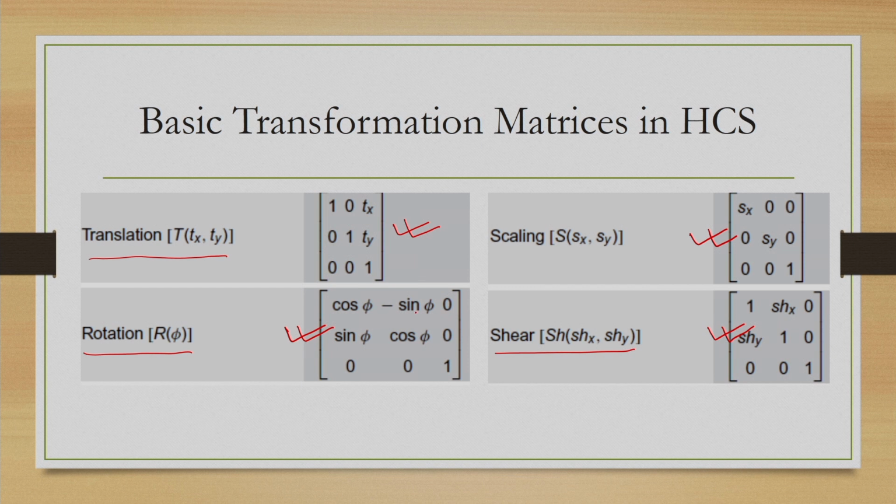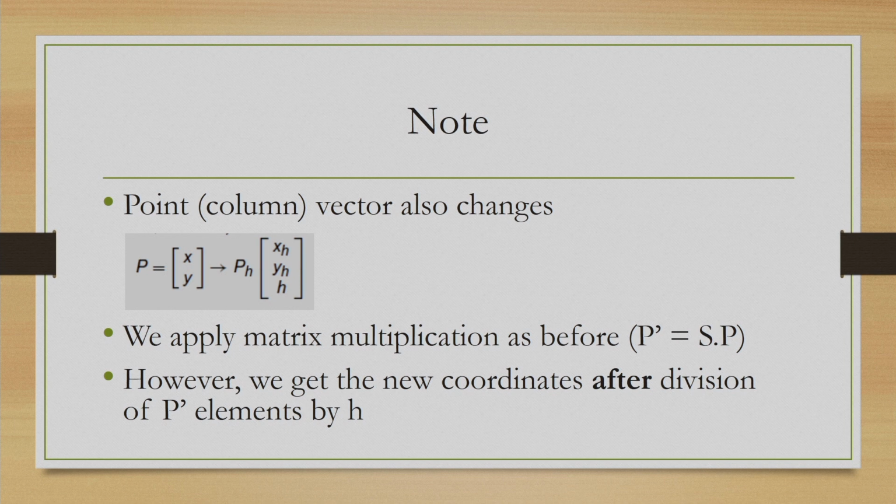So, here you can see that we managed to represent all basic transformations in the form of matrices, although we have to use 3 by 3 matrices to represent 2 dimensional transformations. Since we are using a homogeneous coordinate system, our point representation also changes. Earlier we had this representation for each point. Now, we will be representing each point using a 3 element column vector, and the other operations remain the same with minor modification.